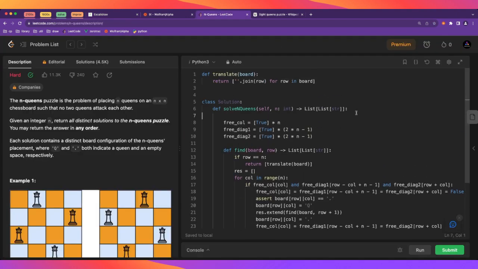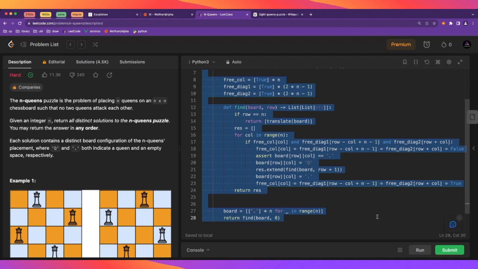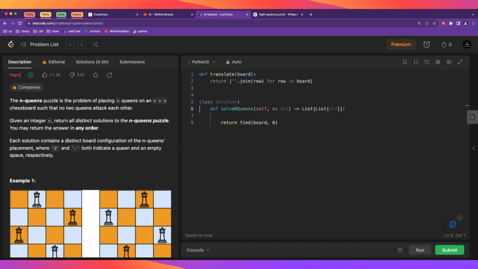Why not? So we have a configuration, permutations of, so this is going to give us the call for